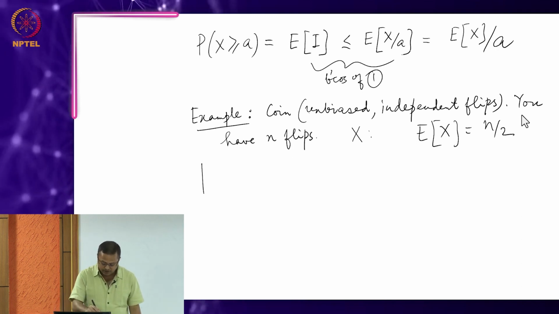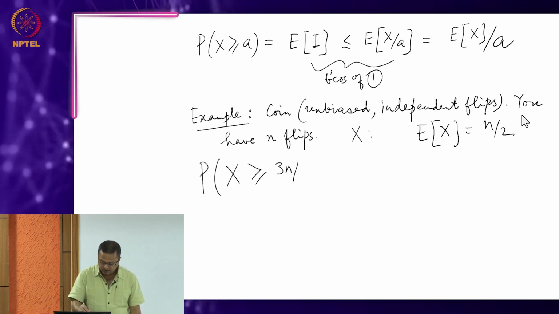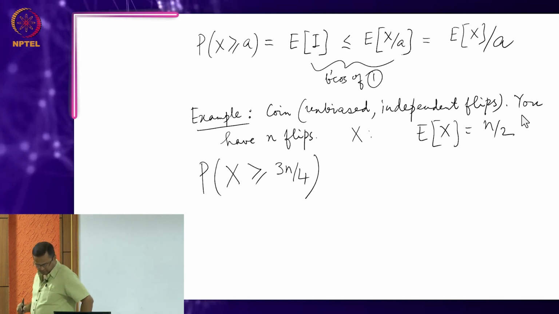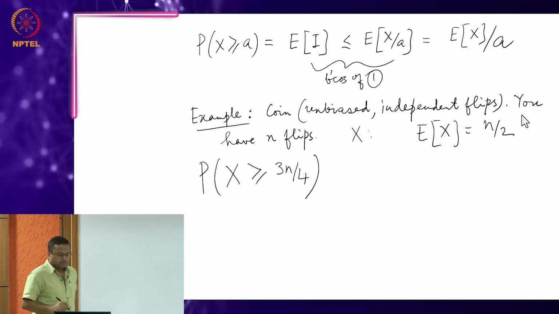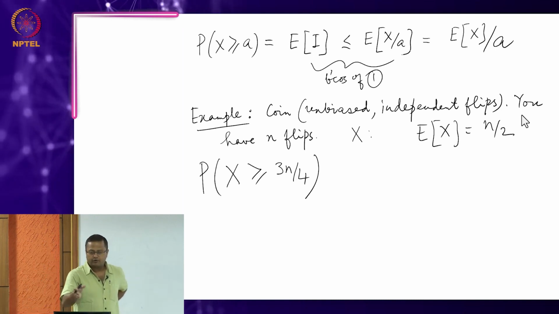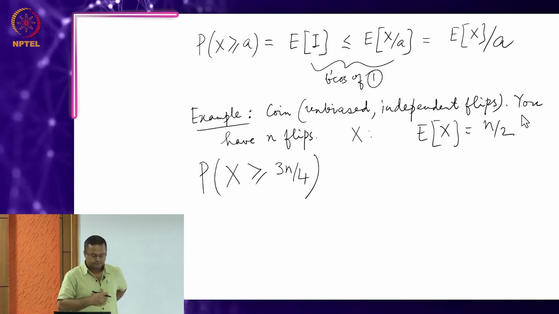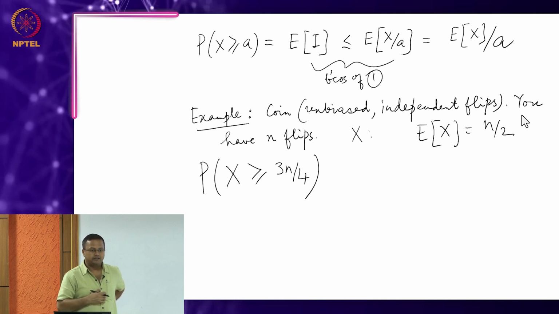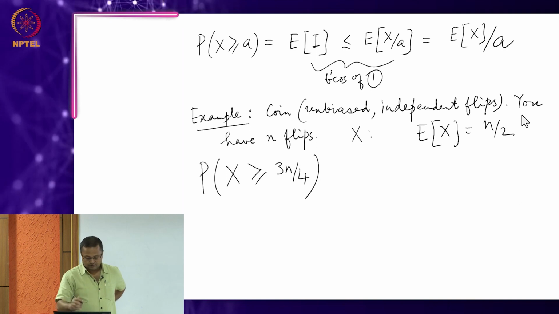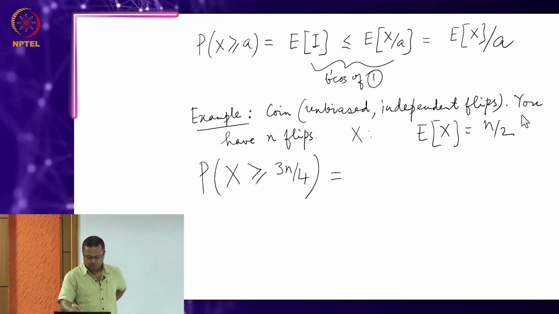I am now say interested in how much. So, how much this should be according to Markov's inequality? Quickly do it. So, your a here is 3n by 4. It is? So, this is equals to